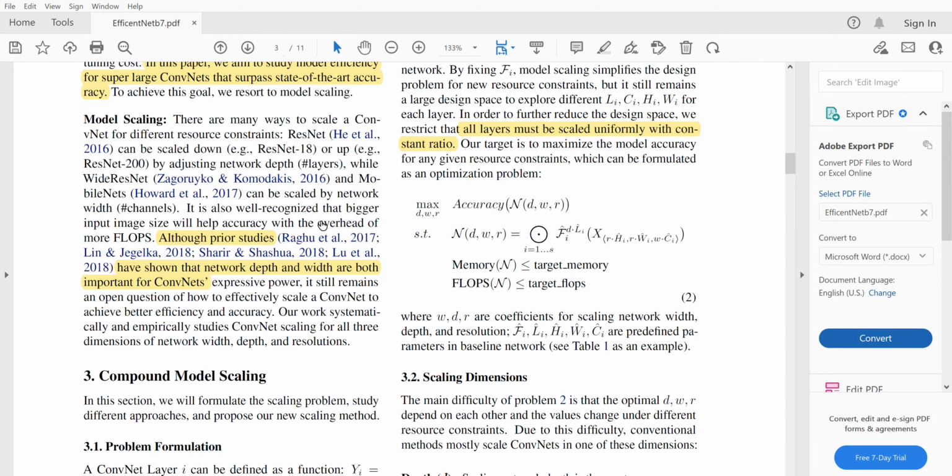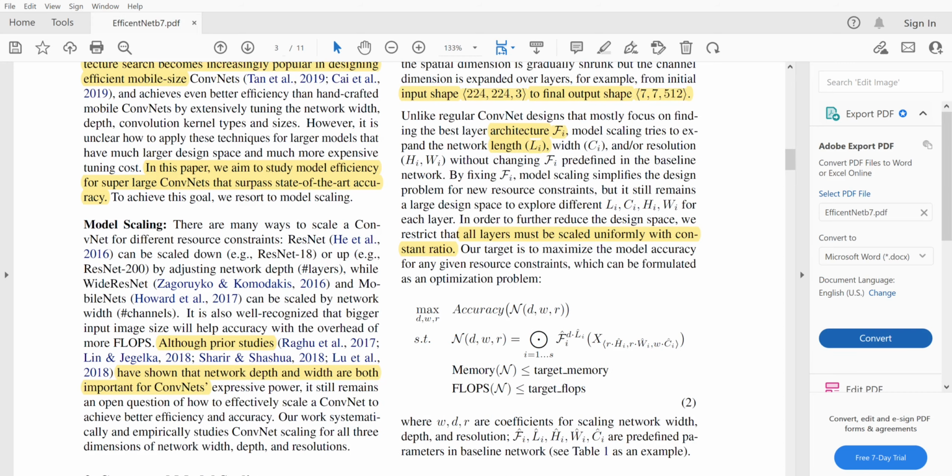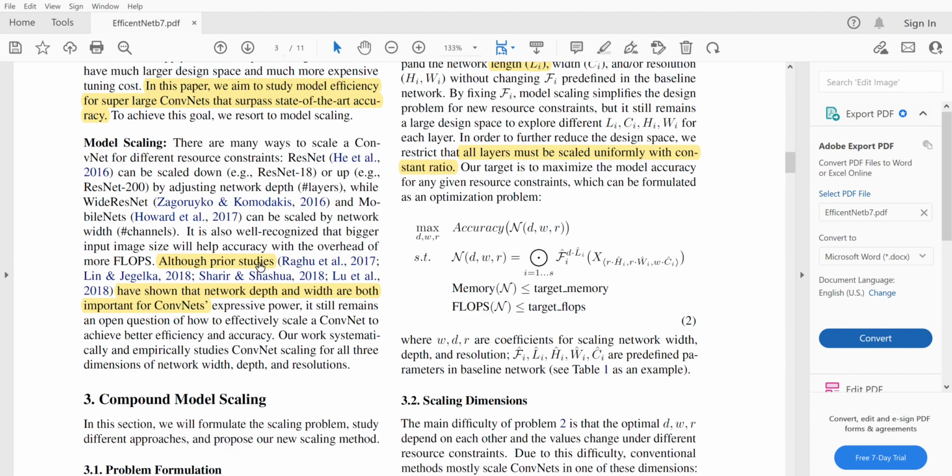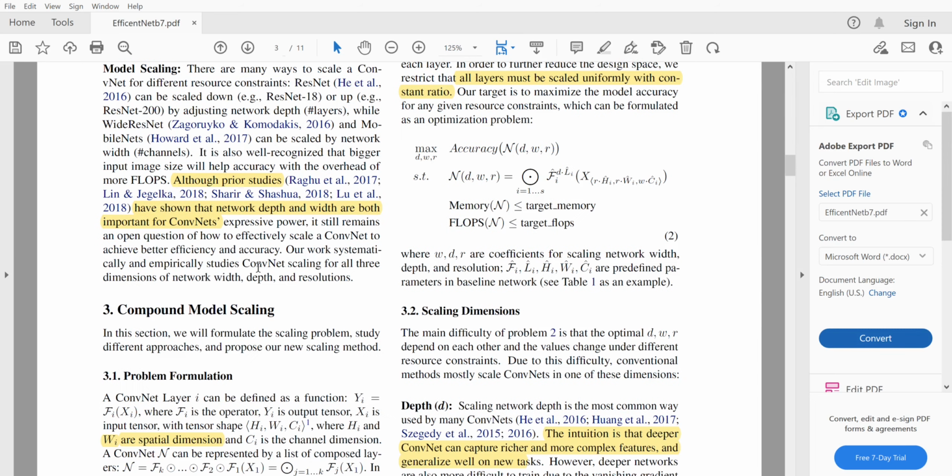Okay, there are many ways to scale the model. Again, they emphasize what we have learned till now. So the key point for the first half: scale network depth with resolution and architecture. Such methods were used to develop new network models like ResNet 50 and MobileNet. Before it, the scaling was by dimension. Now move back. Okay, so model scaling methods, they again said that there's only one type of method, but over